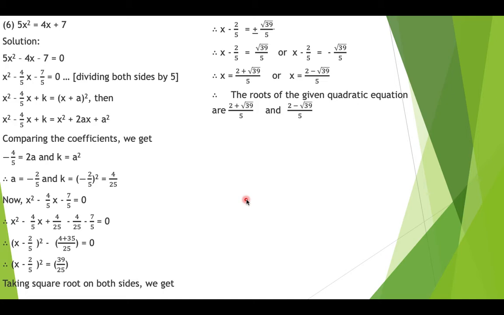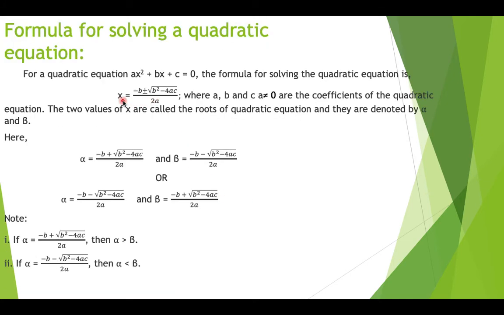Okay, now let us go for a simpler method, that is called solving of quadratic equation using the formula method. This formula method is very simple and it just uses a particular formula, that is x is equal to minus b plus or minus root of b square minus 4ac upon 2a, where a, b and c are the coefficients of the quadratic equation and a is not equal to 0. If you observe this plus or minus, we are going to get two values for x. One of the values will be called alpha, and the one with minus will be called beta.